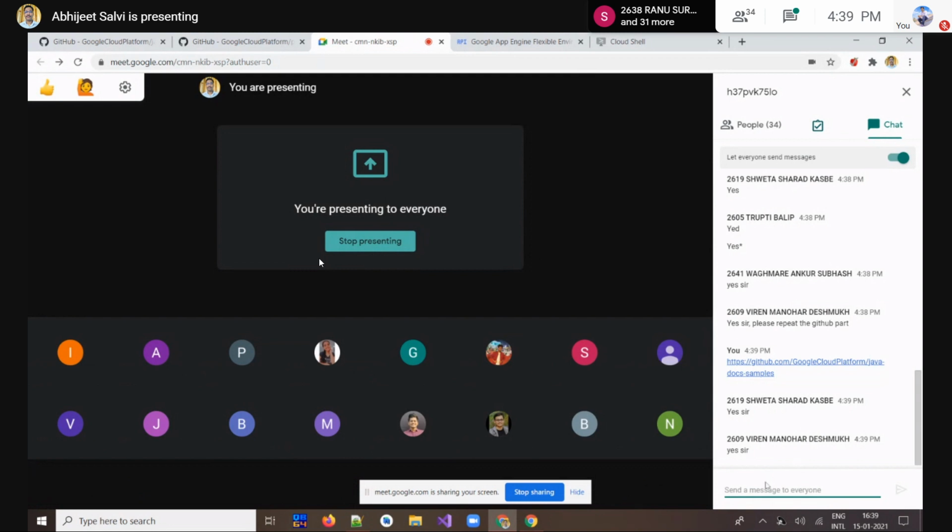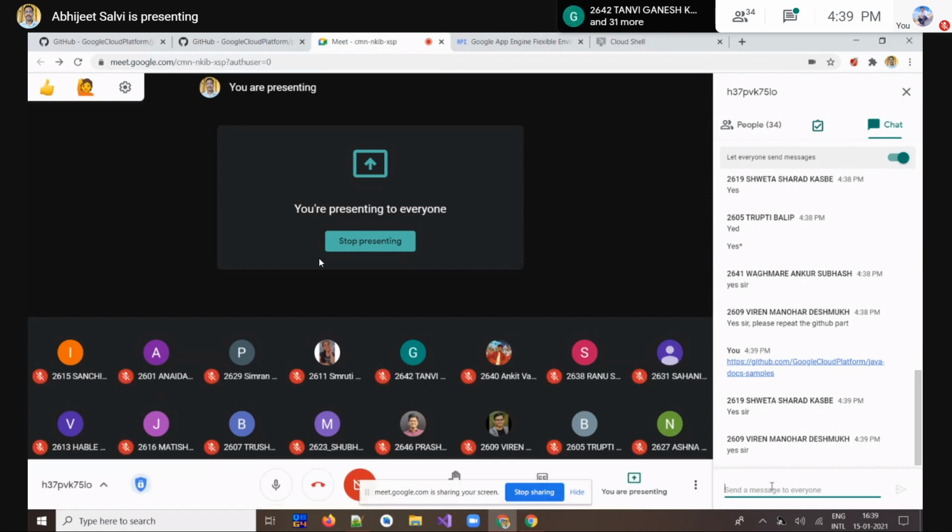If possible, after your lectures, create your account with your official MES ID. Then you can download the ready-made sample projects and all those services.